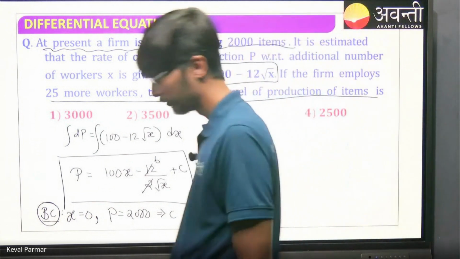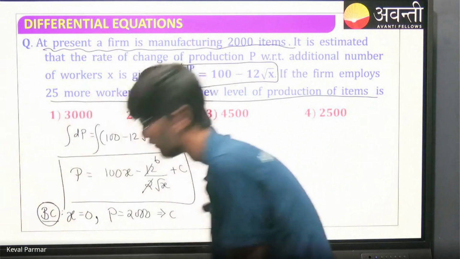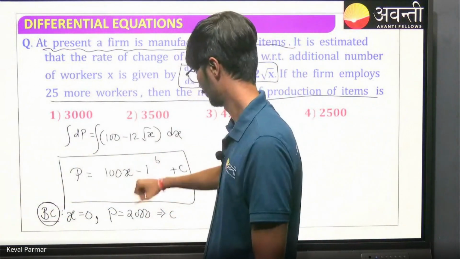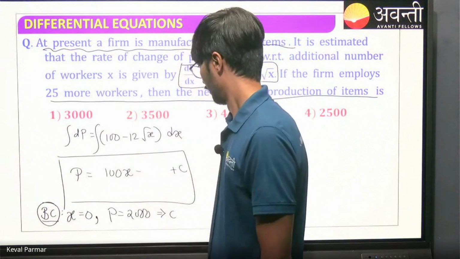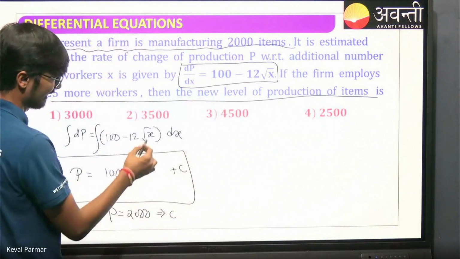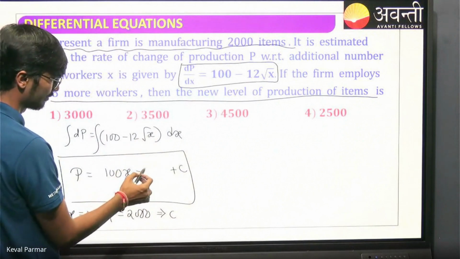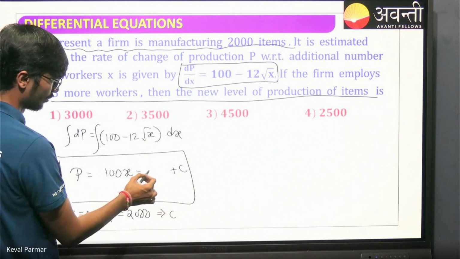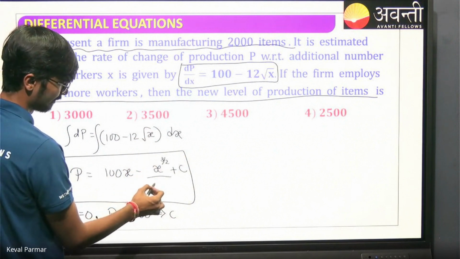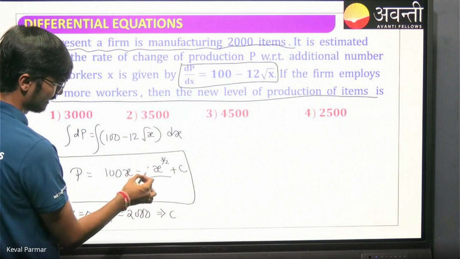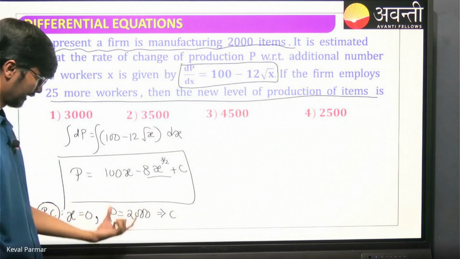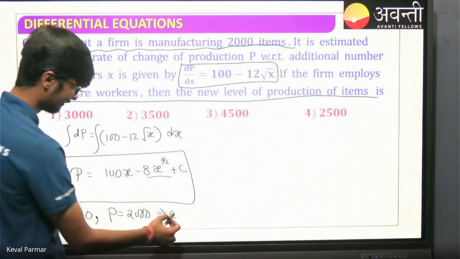Okay, what we'll do? Integration of root x. Oh yes, sorry. We'll have to integrate. That's what I made a mistake. Thank you. We have to integrate. I use differentiation. Yeah, x raised to half, so x raised to 3 by 2 upon 3 by 2. So 24 by 3, I'll get 8. Yeah. So if I substitute x equals 0 here and p equals 2000, I'll get c equals to